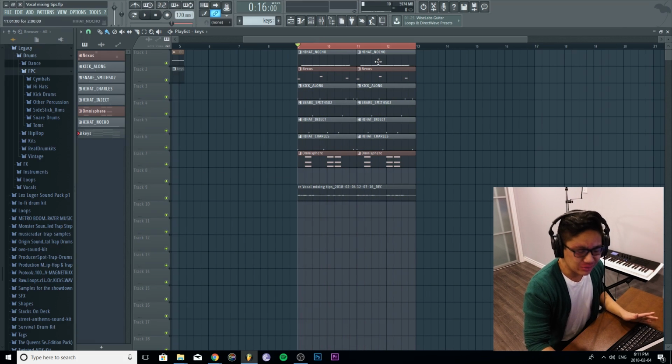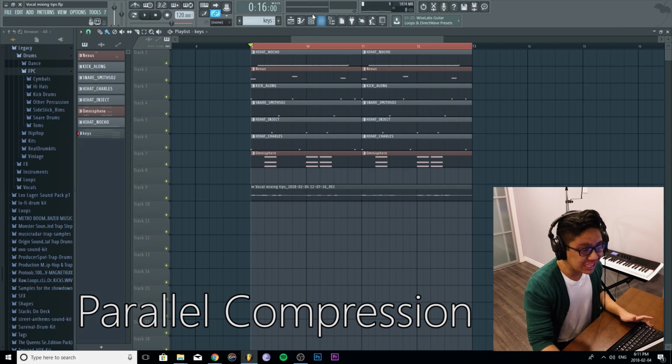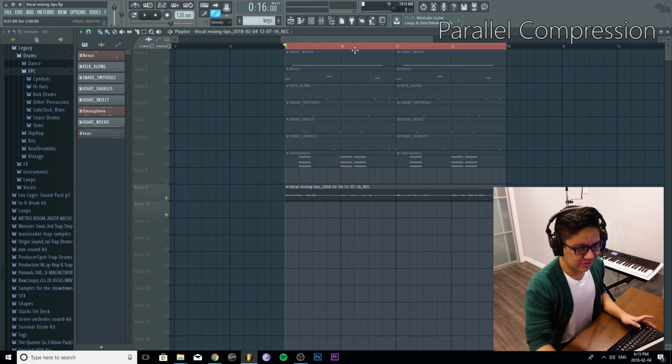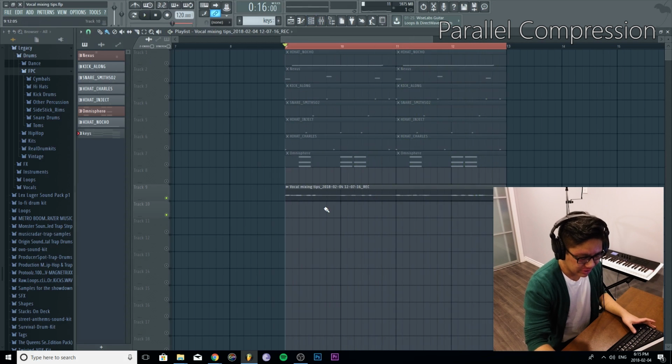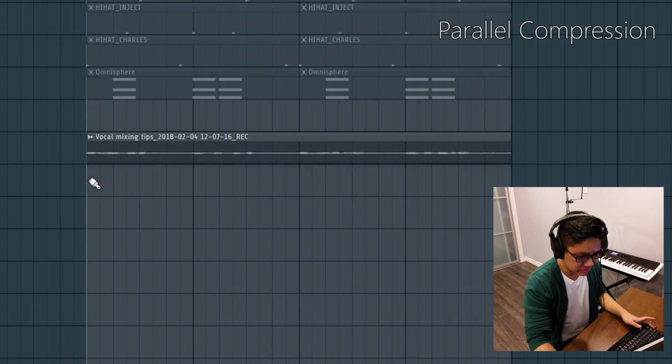So the second tip is parallel compression, and we're using it to give a bit more energy in the vocals. Here's the original vocal. Parallel compression, I pitched it down just for fun. Okay, so what I'm gonna do first is I'm gonna duplicate this vocal, so boom, and I'm